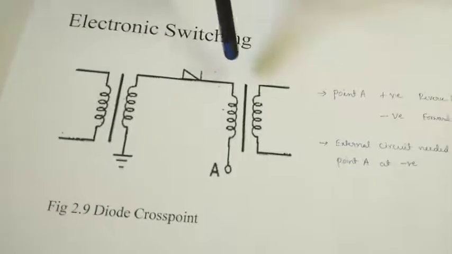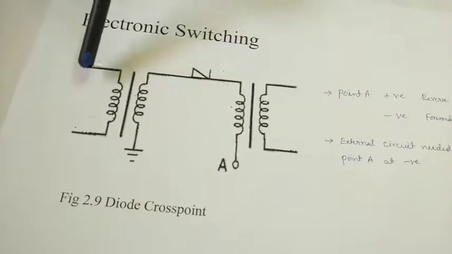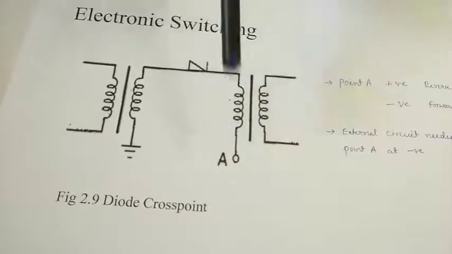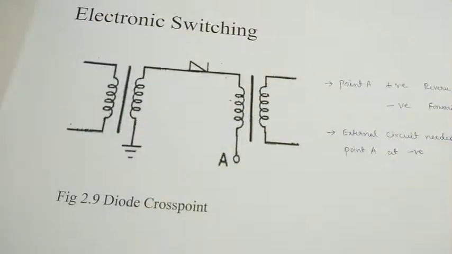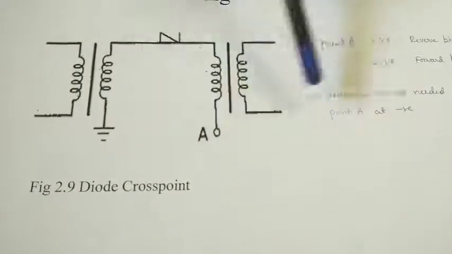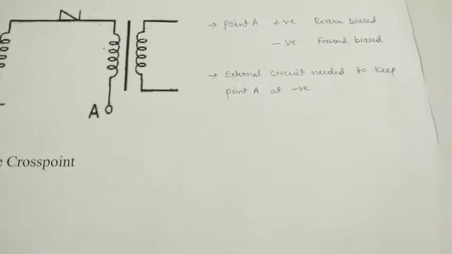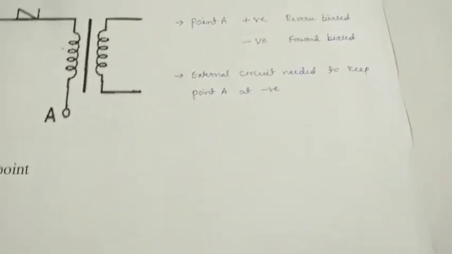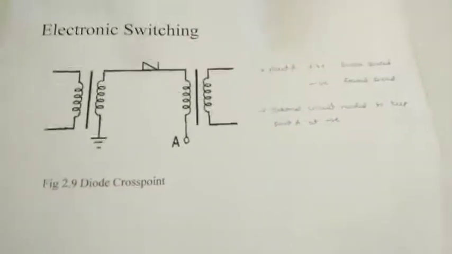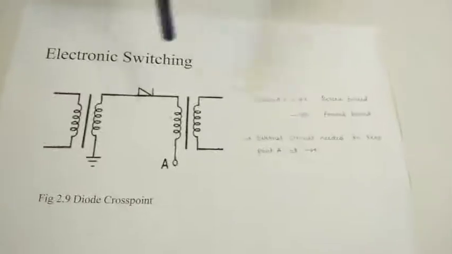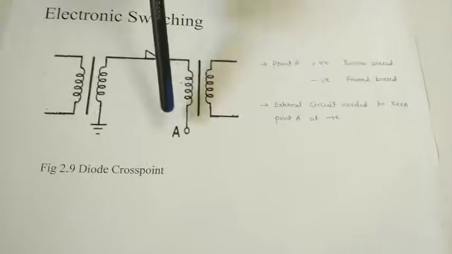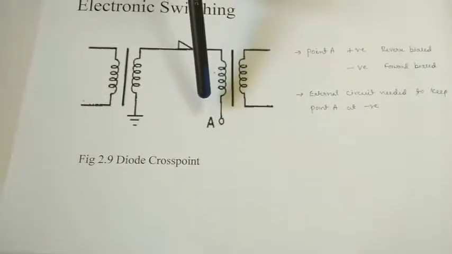If you want to connect one line to the other line, you need to maintain point A at negative. You need some external circuit so that it can maintain point A at negative. So you are connected to the next switching system. For that purpose, we need a crossbar switch which has a memory with the finger trapped in the cross point which will be operated. Researchers carried out some functions dependent on single equipment, because you need one component to store a number and another component which keeps point A at the negative level.